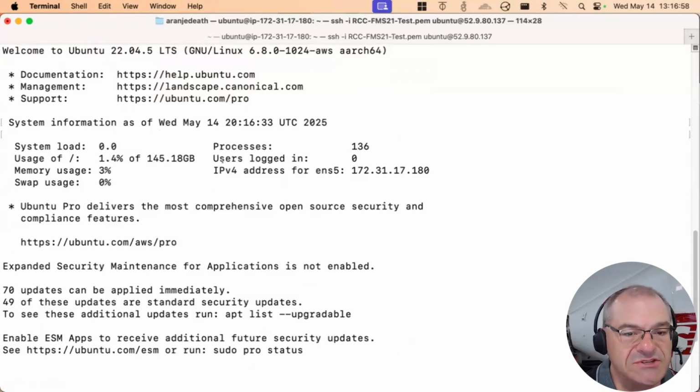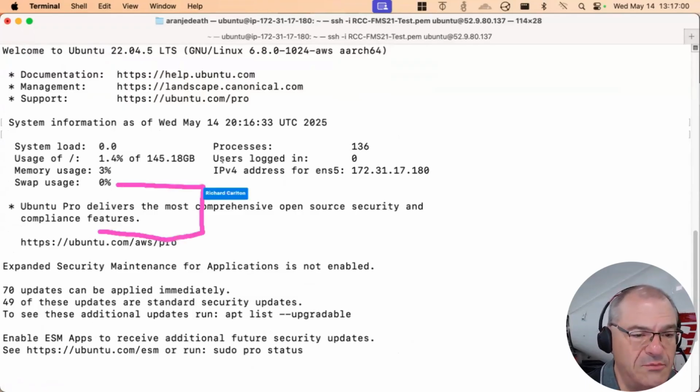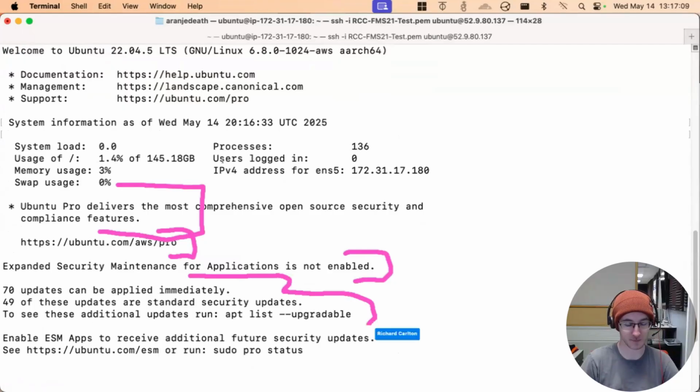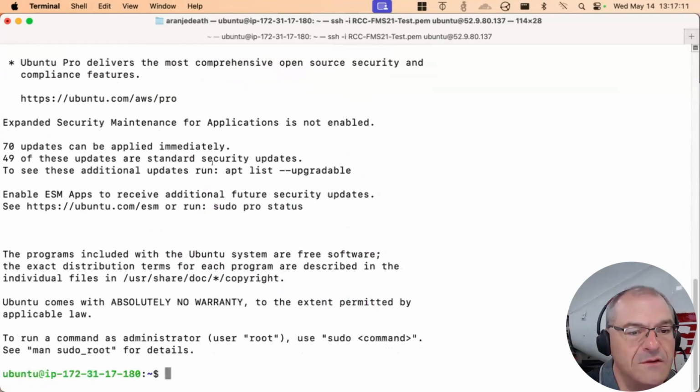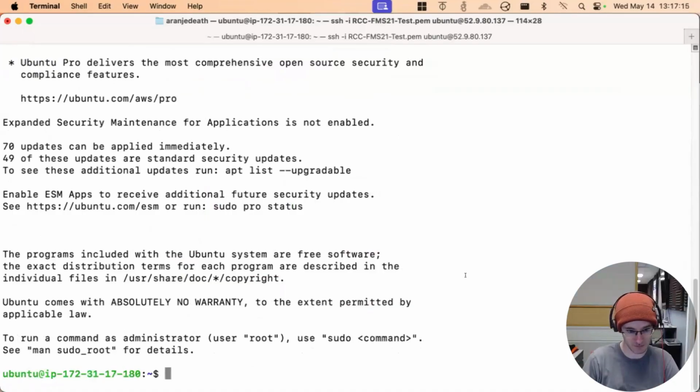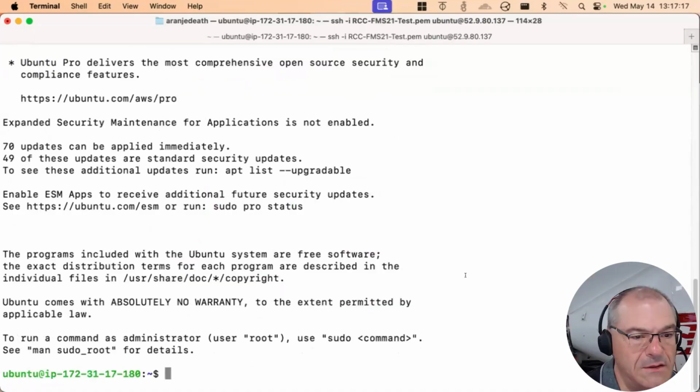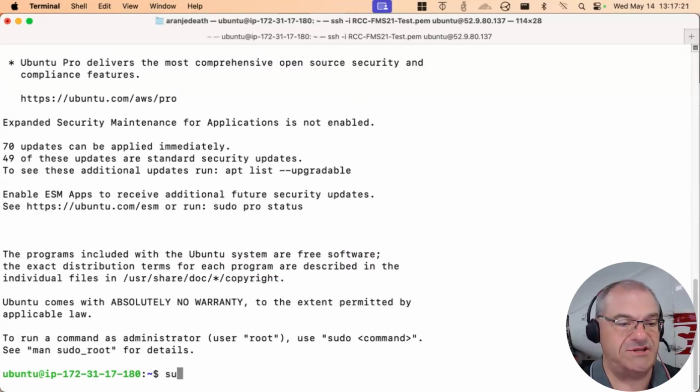Okay. So this is marketing. It's the most amazing product ever. Here's our product here. Maintenance and subscriptions not enabled. Updates can be applied immediately. There are any updates. Okay, scroll down some more if you would for me, please. What does it say? Program licensing, copyright information. License, copyright. Was that all there was? Okay, great. But it says there's absolutely no warranty.